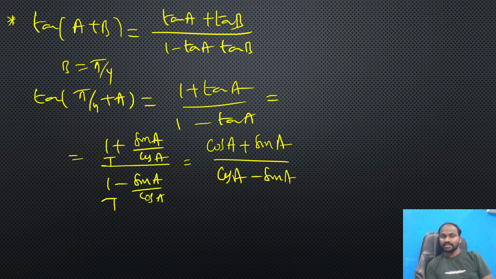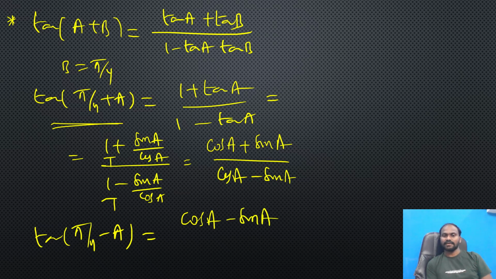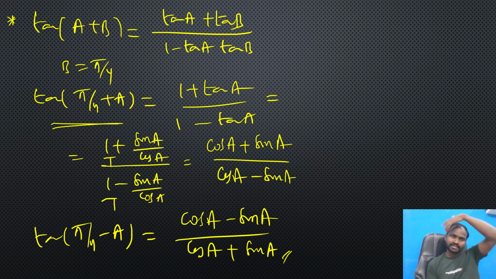So whenever you see cos a plus sine a and cos a minus sine a, you can recall this formula. Similarly, if you write tan of pi by 4 minus a, by using the same thing, you can write cos a minus sine a by cos a plus sine a, students. Okay, like this we can write these formulas as well. Okay, right. Next,